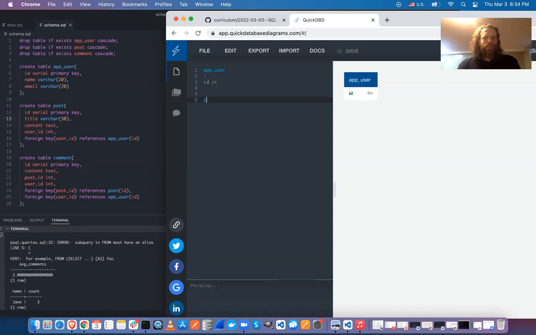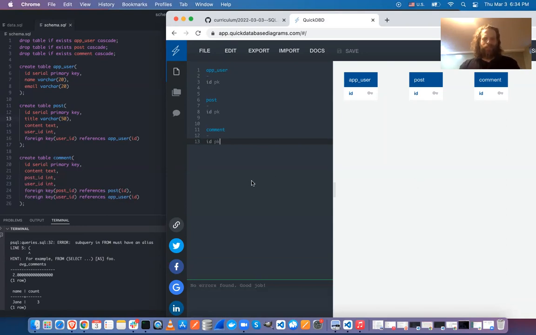And we'll do post. It's also got an ID, which is a primary key, and comment, which as always has an ID as a primary key. So can anyone tell me about this database, about these tables